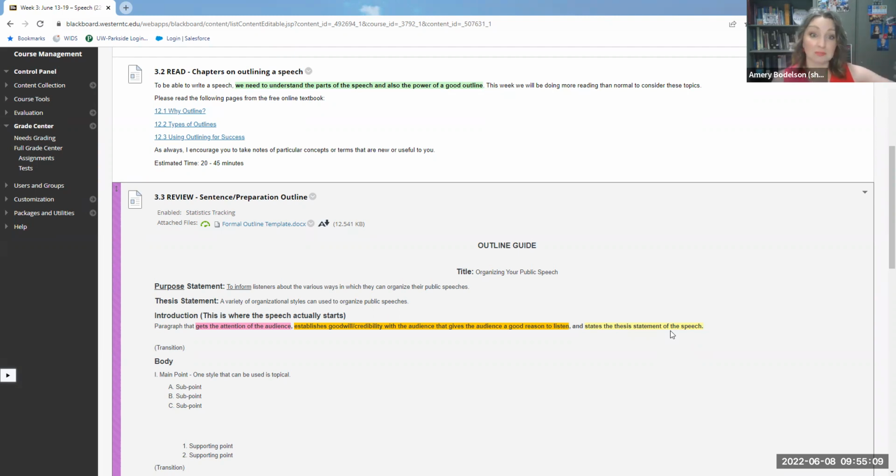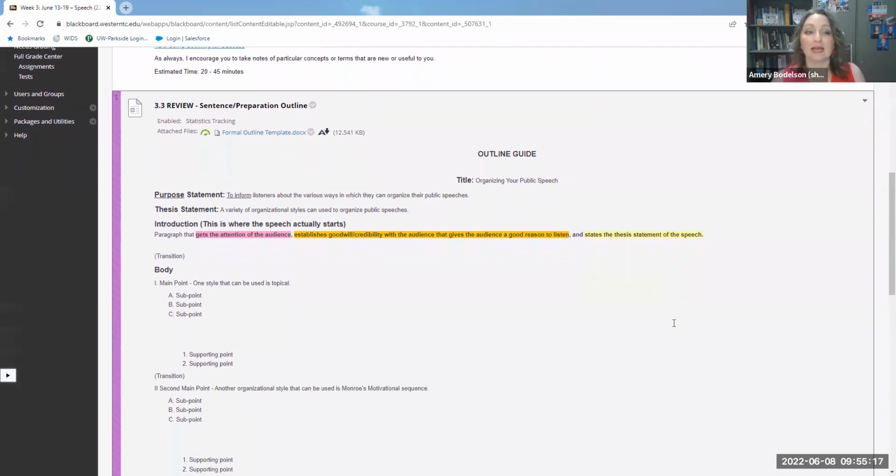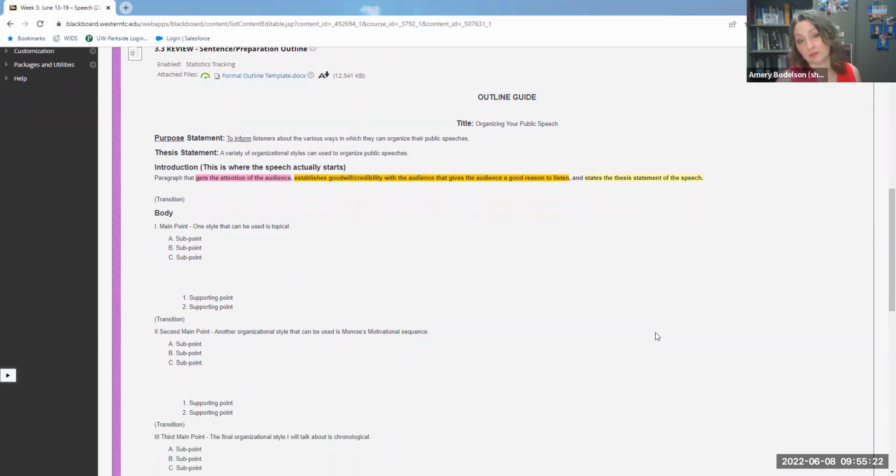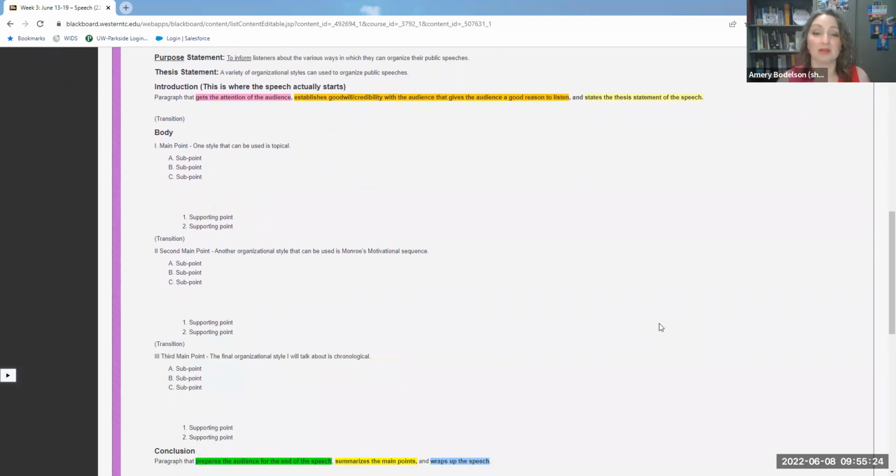For this particular speech, your thesis is going to talk about this subject that you're speaking about and your stance on it, what you want us to take away from that information. And then again, 2 to 3 main points with sufficient evidence in all of those points to support your thesis statement. You are required to do some research for this one.